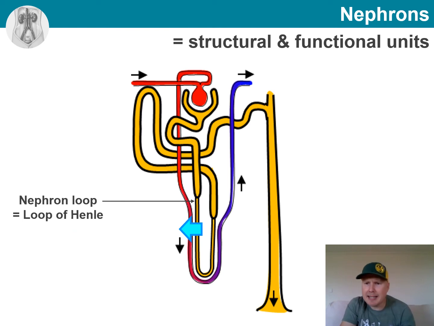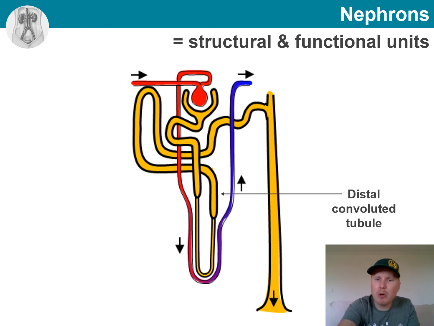During the descending limb, there is some reabsorption. So some of the material that we have taken into the nephron as a filtrate now gets returned back to the blood. And during the ascending limb, some of the opposite happens. This is known as secretion. Secretion phase in a nephron loop means that some content from the blood gets put back into the nephron.